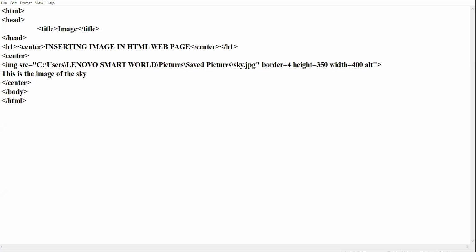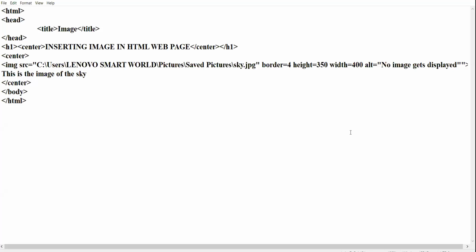Alt stands for alternate, equal to no image gets displayed. Any message you can write. Okay, I am writing no image gets displayed. Clear? Alt stands for alternate. What is the meaning of this attribute? If the browser is unable to display the relevant image, then as an alternate to the image, this message will get displayed.